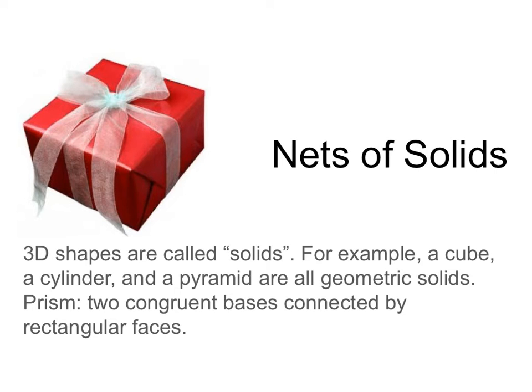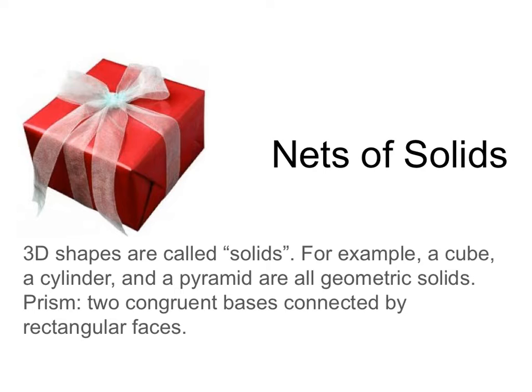In this video, we are going to learn about how to make a net for a geometric solid. So the technical name for any 3D shape is a solid. So for example, cubes, cylinders, and pyramids are all solids. In 6th grade, we're going to be really focusing on prisms, which are types of solids where you have two